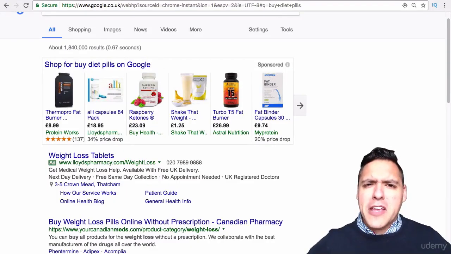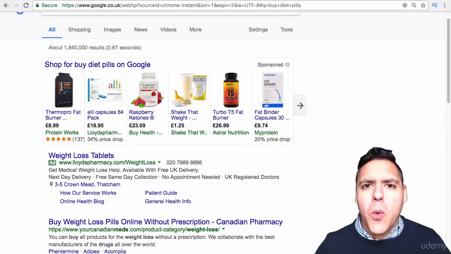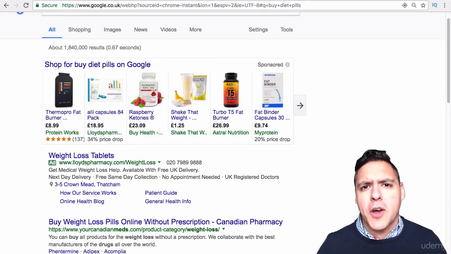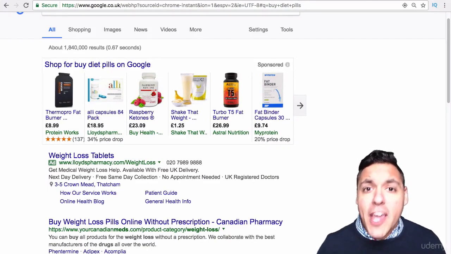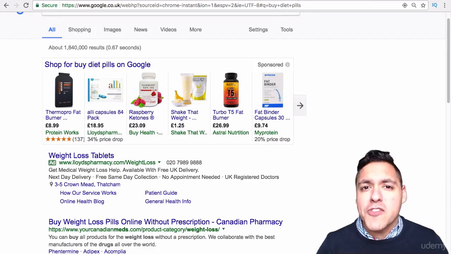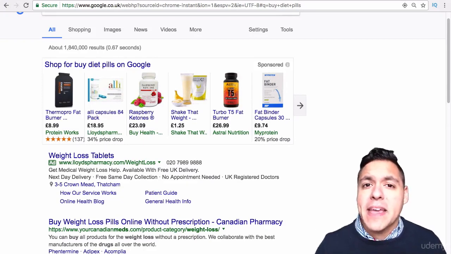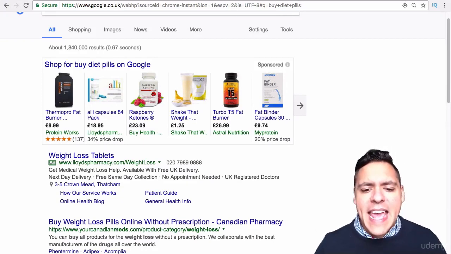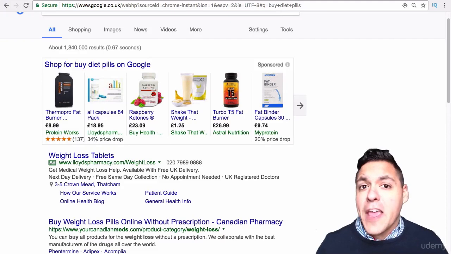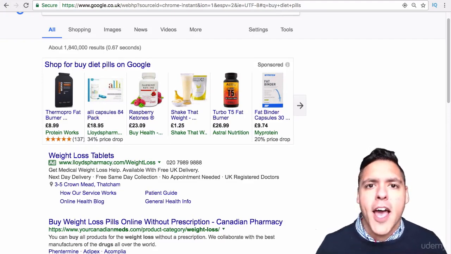So this gives you a really good explanation as to why Google Ads. Because fundamentally it's the largest advertising platform in the world, it's the biggest search engine in the world, and if anybody ever wants anything, they go to Google. And if your product is there at the right time, in the right place, you have got an incredible chance of getting sales, particularly if you have got a killer ad, which is what I am going to teach you in this course. But this is the amazing value of Google AdWords. It's the visibility that you get and the ability to appear at the right time in front of somebody.